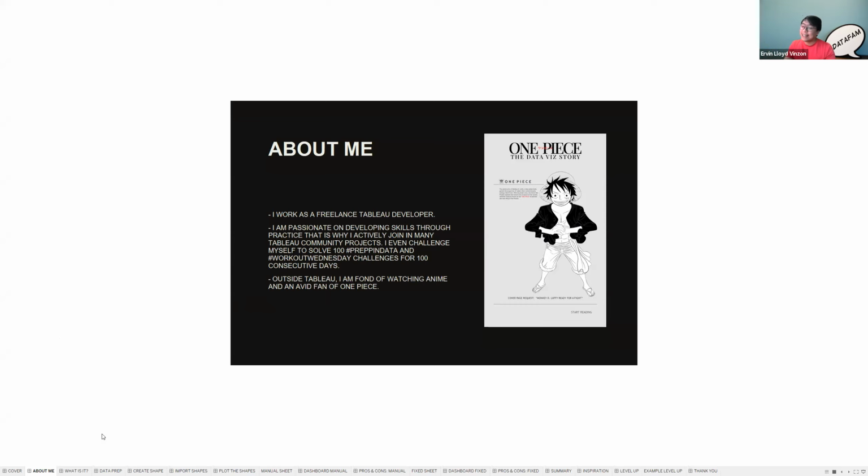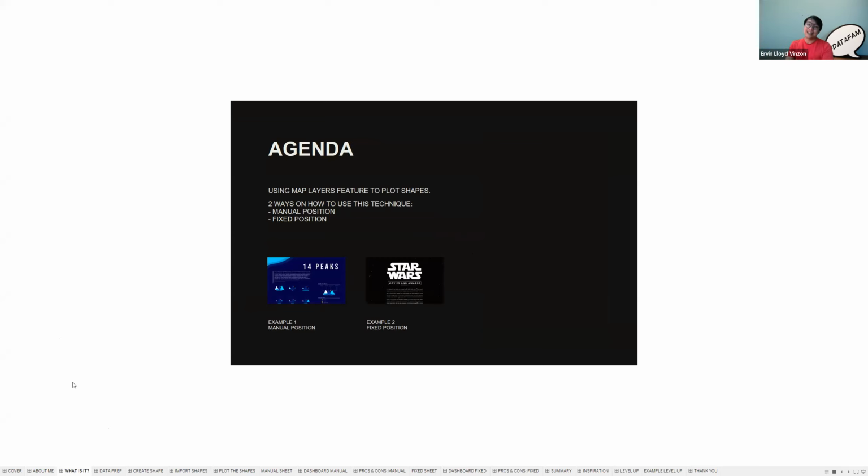So then let's go to our agenda for today. Our agenda for today is to use the map layers feature to plot shapes. There are 2 ways to use this technique: a manual position technique and a fixed position technique. As an example of a manual position technique,